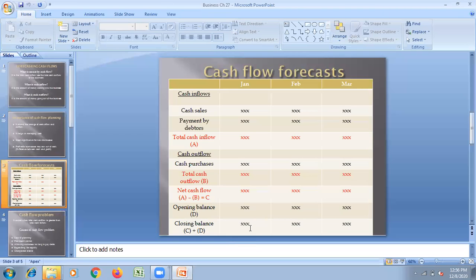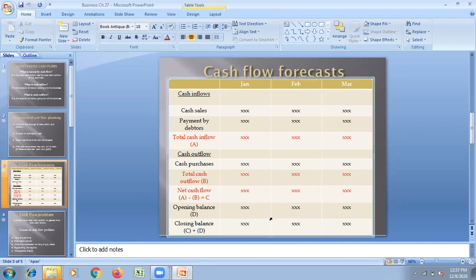And closing balance means the cash which will be left with the business at the end of January. Remember, this closing cash balance will become the opening cash balance of the month of February. The same amount of closing cash balance of January will be the opening cash balance of February, because we'll just carry it forward there. All right. Now remember, whenever net cash flow is negative,